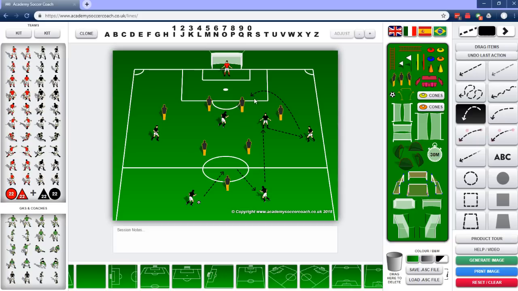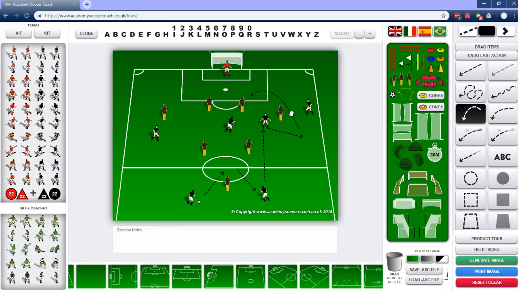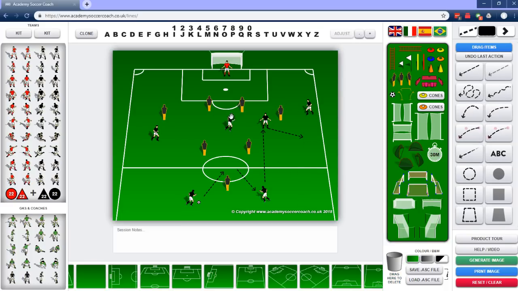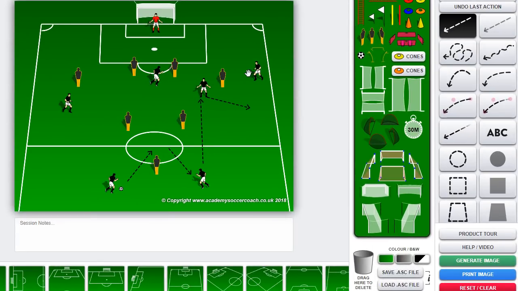This is kind of showing it played over the top, but what I want to see here is a ball played in behind for this player to make a run through that gap, or perhaps even this player takes the ball down the line. All right, so they're kind of attacking the end line. And as they attack the end line, that gives time for that attacking center mid to get into that space so that we can play a ball in behind the defense to then be finished on goal